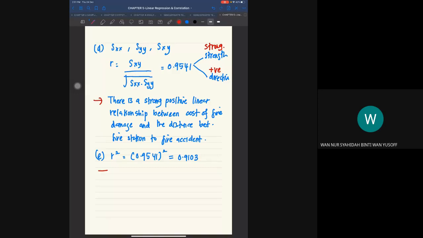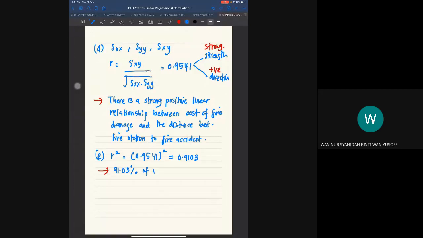For the interpretation, we need to discuss the variation in Y that can be explained by X. So we convert into a percentage first because it is a proportion. So 91.03%